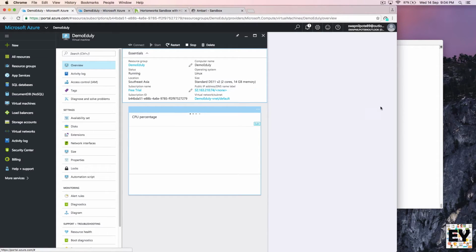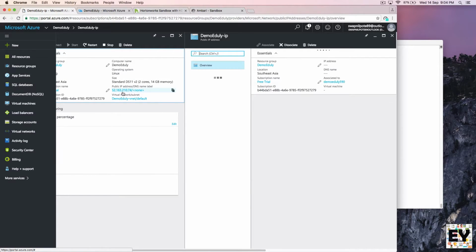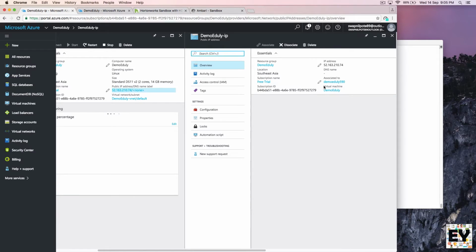To access this virtual machine from the terminal window, you need the username which we entered while creating the virtual machine. If you don't remember your username, you can click on this IP address and look at what it is associated to. My username was demo eduli.